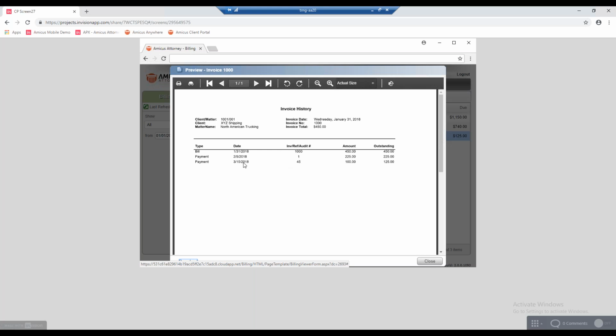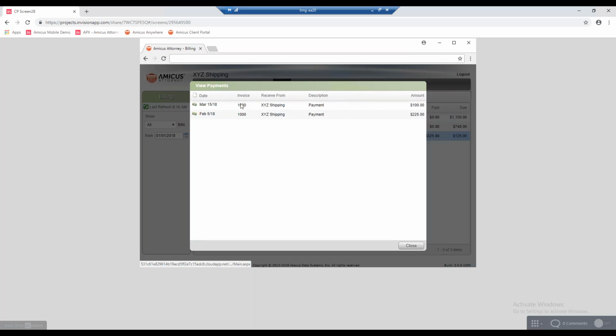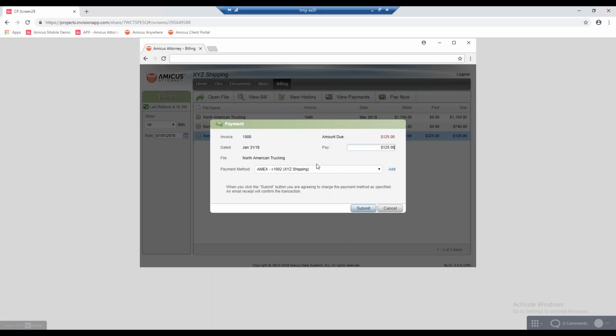I want you guys to take note of that because we're going to return to this screen in just a few moments. We can click on View Payments, and we can see any payments that have been made on that particular bill. And I could click on the Pay Now option here as well. So let's do that and see what it's like for the client to be making a payment through the Amicus client portal. So the amount due is